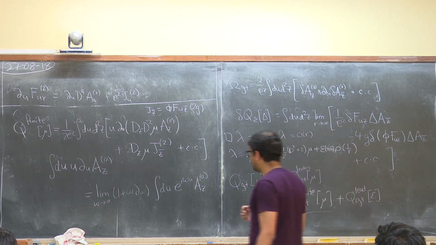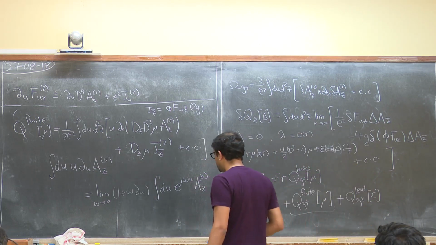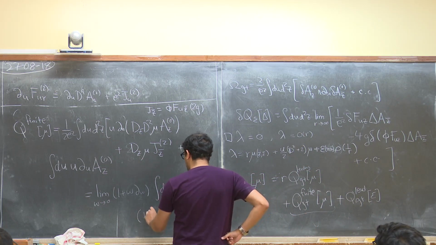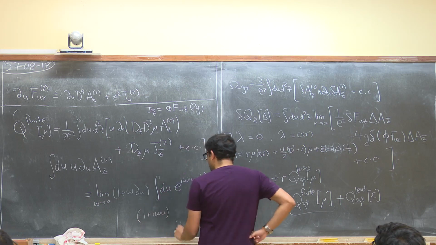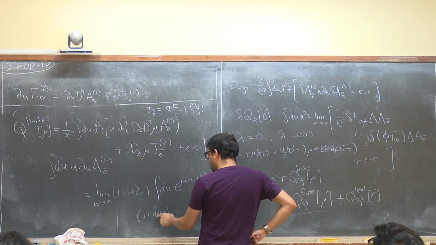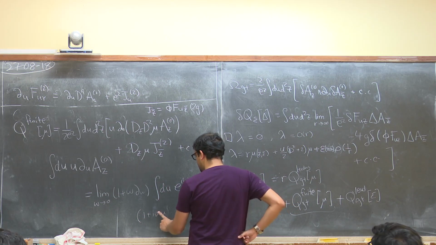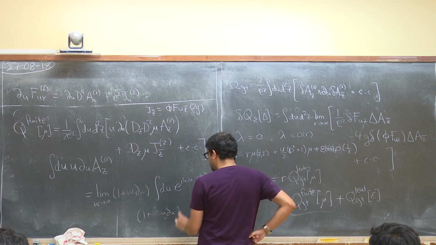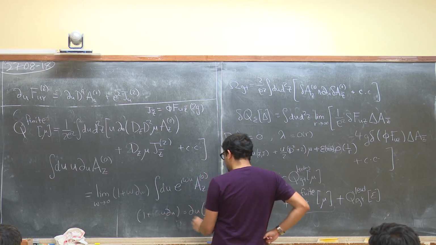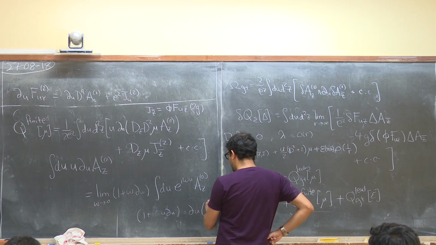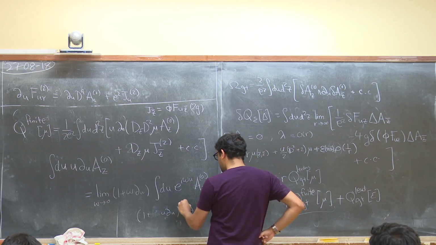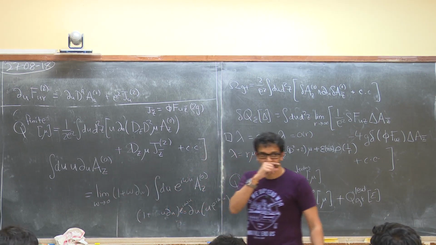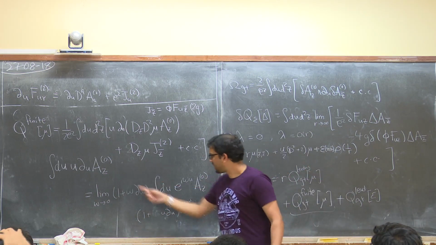So you can check this. When I act with 1 plus omega del omega on this e to the I omega u, I get 1 plus I omega u. And then the omega piece I can rewrite as del u. So 1 plus u del u acting on this is simply the total derivative del u of u times e to the I omega u. And then I can integrate by parts, so I get that, and then take omega to 0. So this is just exactly equal to that.